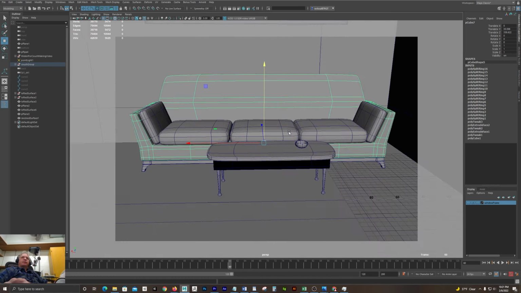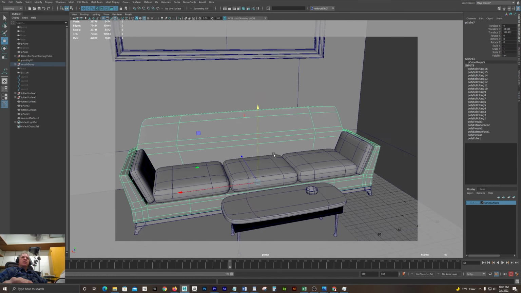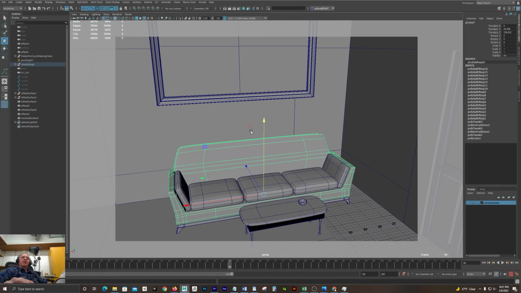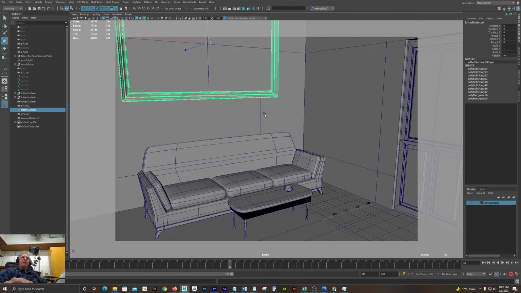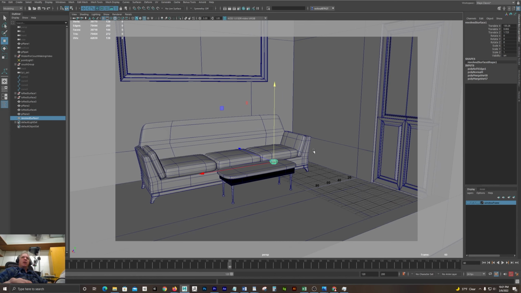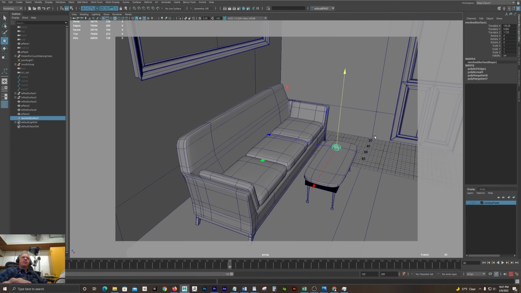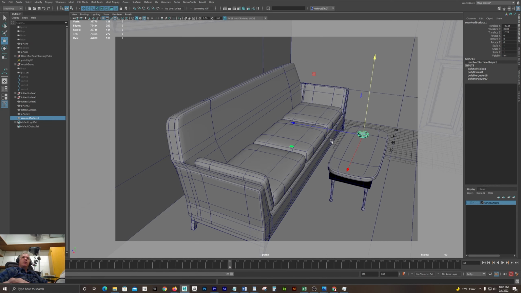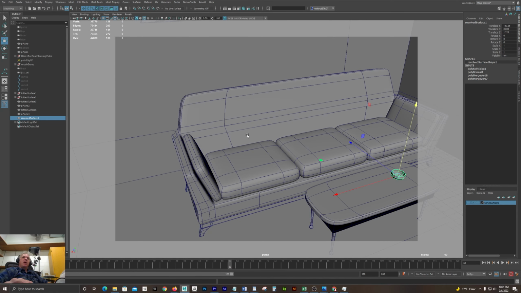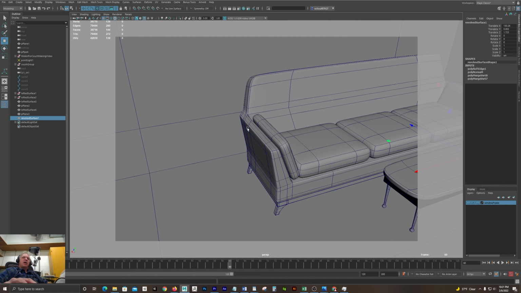Okay, that is using NURBs to make a little bit of geometry. I've got a picture frame and a bowl made out of NURBs. The next thing I want to do is a little glass-topped coffee table with some really fun legs, metal, wrought iron metal legs. So I'll quickly throw together a tabletop,